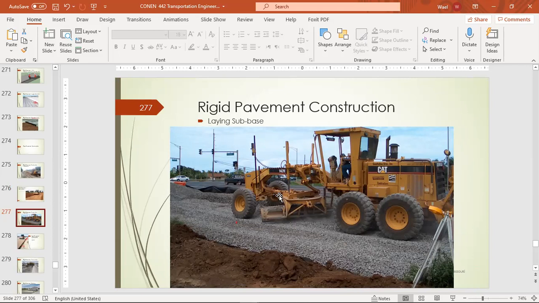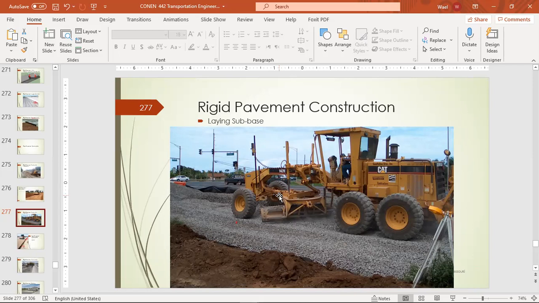So the 12-inch slab thickness, which is 25 centimeters, is easy to handle, and in terms of shrinkage and thermal stresses, which is actually a major issue here in Saudi Arabia, we try to avoid thick slabs here. In order to avoid these thick slabs, we need to have a good sub base